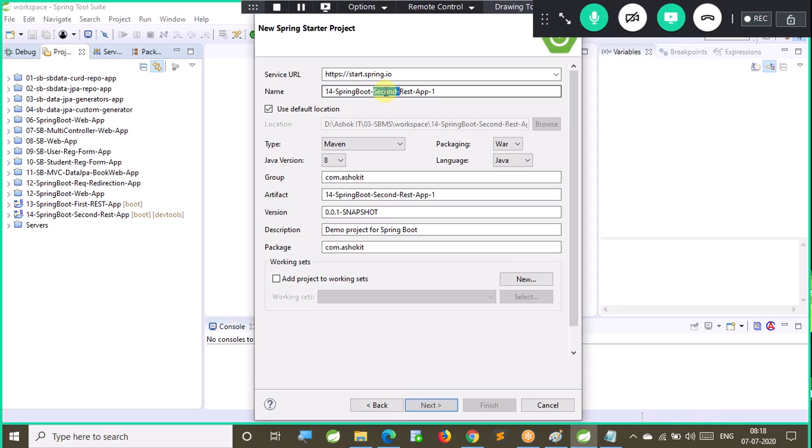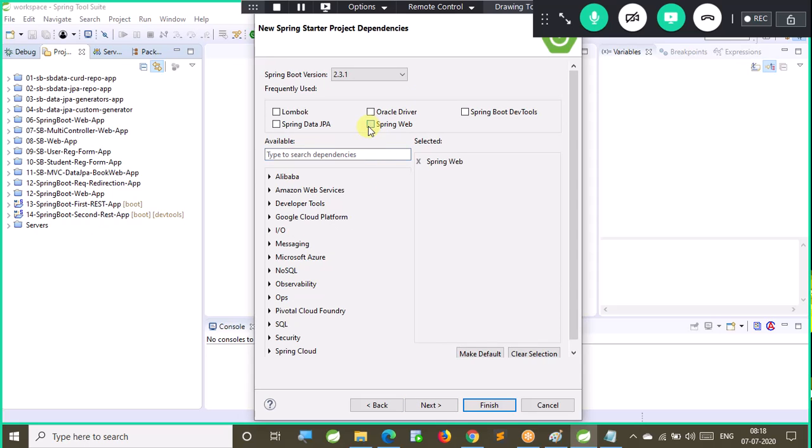Spring Boot REST request parameters app. This is the 15th application that I'm creating.